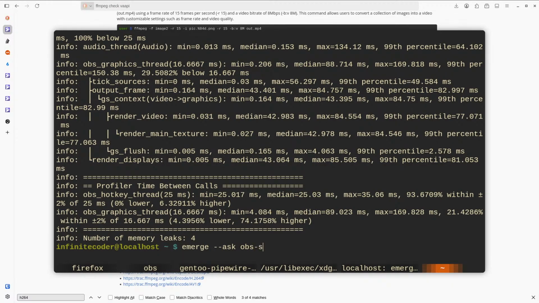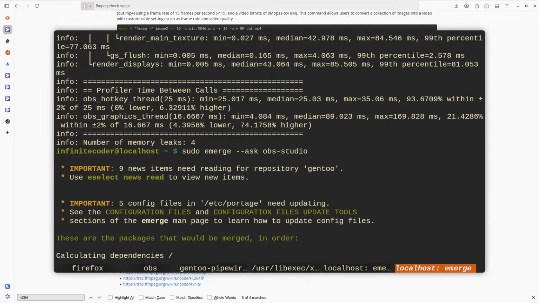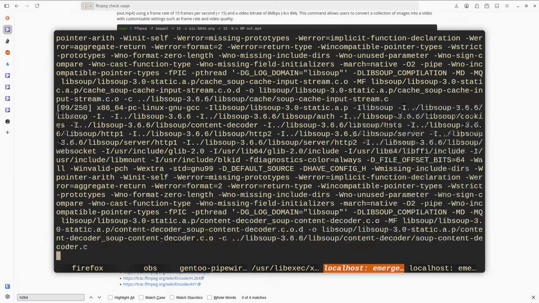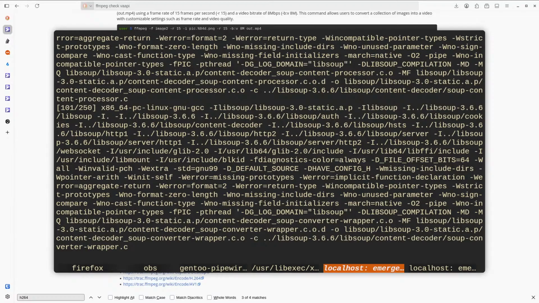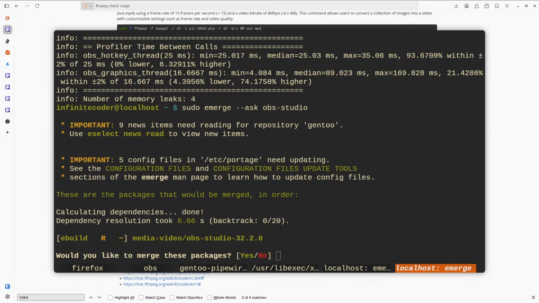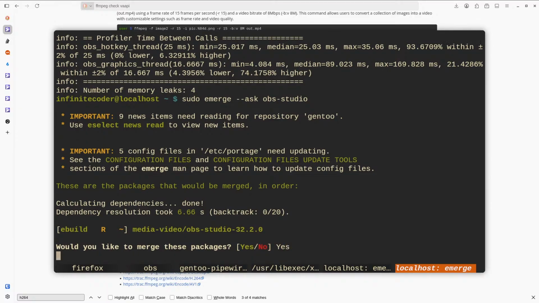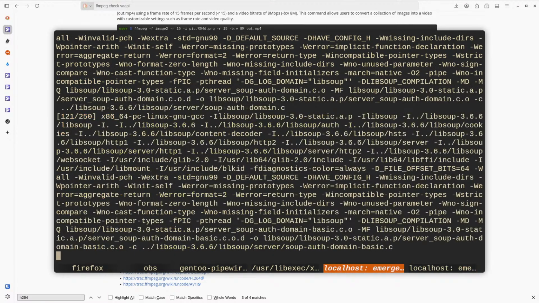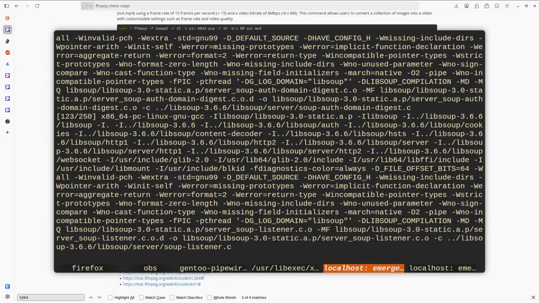I don't want to though, because it's gonna take a while, and my patience is already falling apart. I'm gonna snooze it for as long as I can. So yeah, recompile OBS and remerge it.